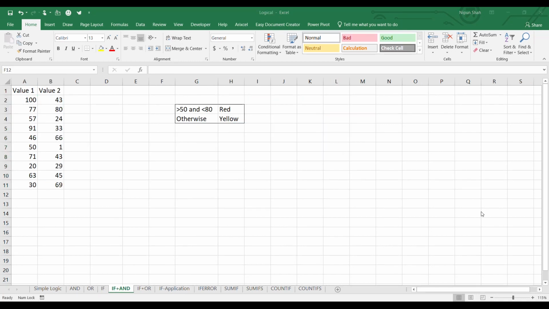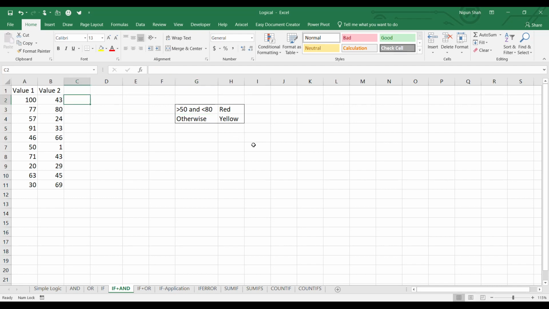Guys, you can also use the IF function with AND or OR functions. So let me show you how we can use IF with the AND function. Here I have two value series and here is my criteria. My criteria says if series number 1 is more than 50 and series number 2 is less than 80, then give me red, otherwise yellow.